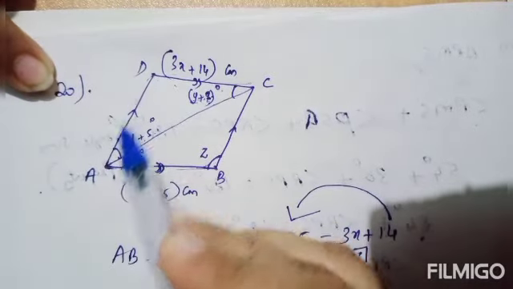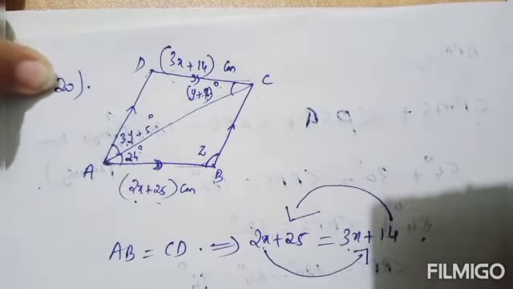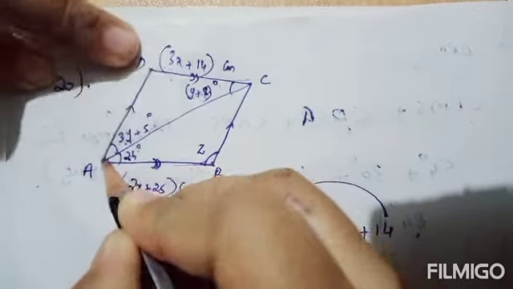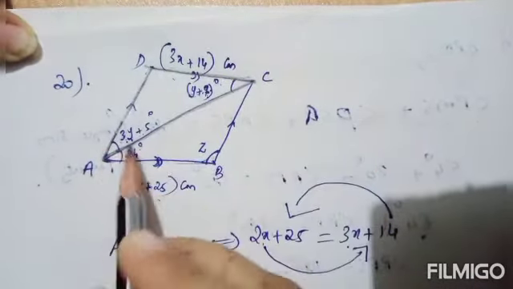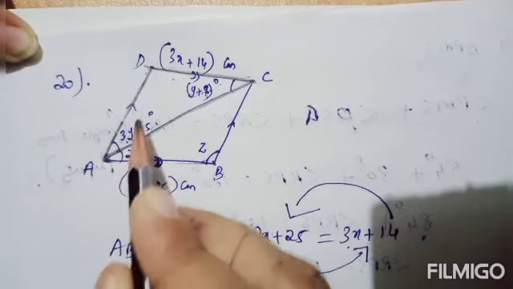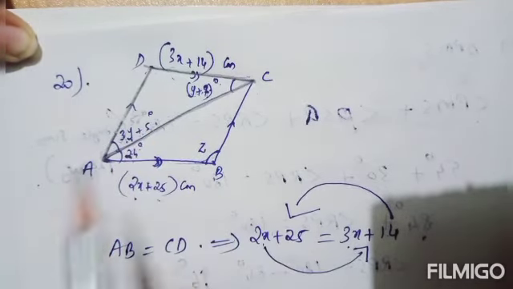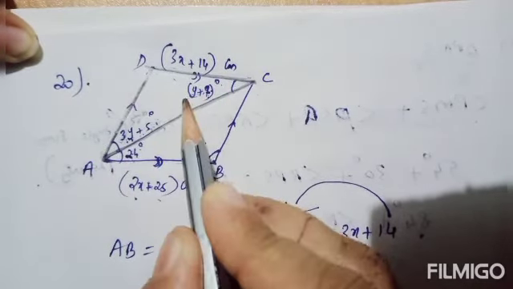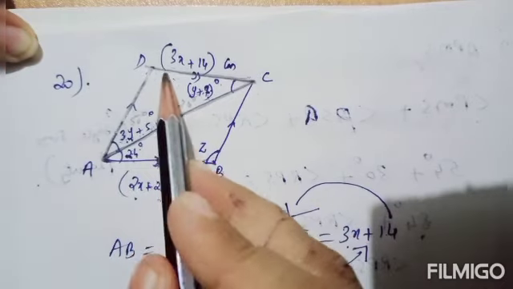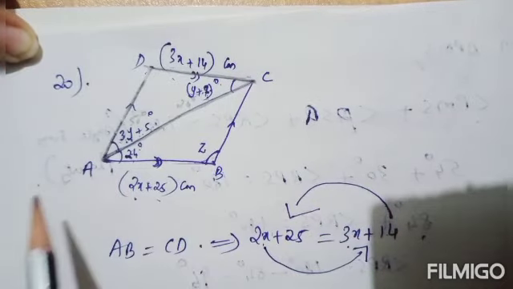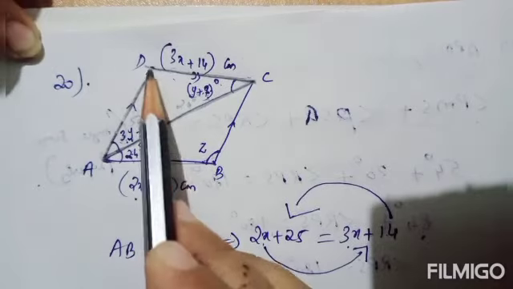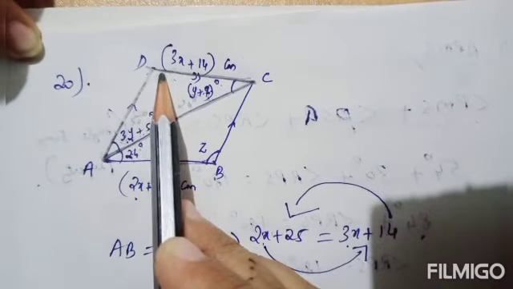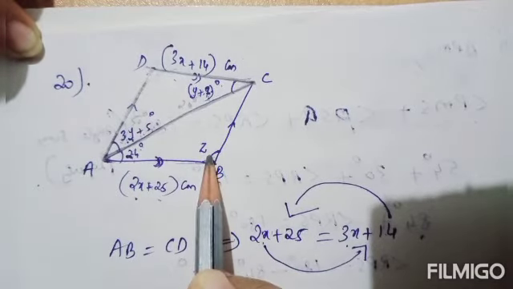Okay, considering this triangle ADC, we are considering this triangle. So in this, 3y plus 5 degree is 50 degree. Okay, this angle y plus 9 degree is 24 degree. Now you can find the third angle by using angle sum property. Why are you finding this third angle? If you got this angle, you will get the value of z.